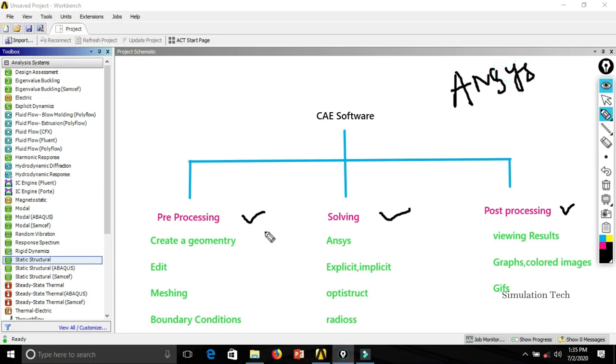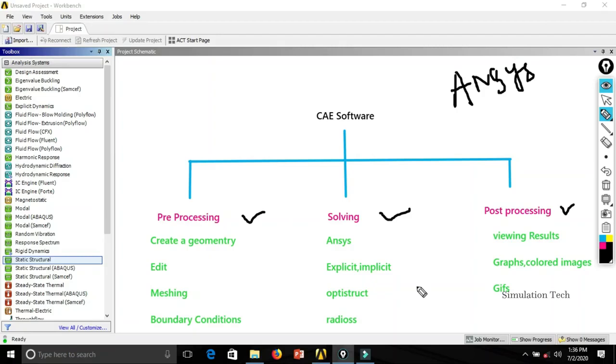Sir, if I work in ANSYS, can I use the three methods in the same software? That is not a constraint. You can do the pre-processing in ANSYS and solve the problem in Hypermesh, which is also possible. In Hypermesh, I can solve with the OptiStruct solver, or I can solve the pre-processed data in LS-DYNA, which is also possible.